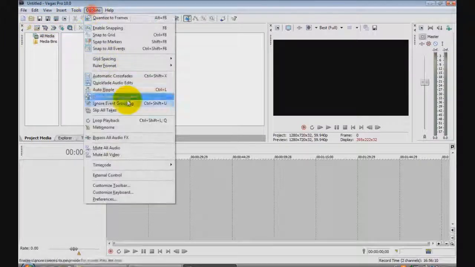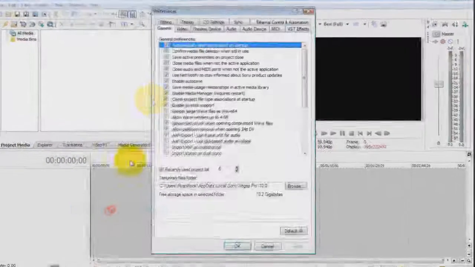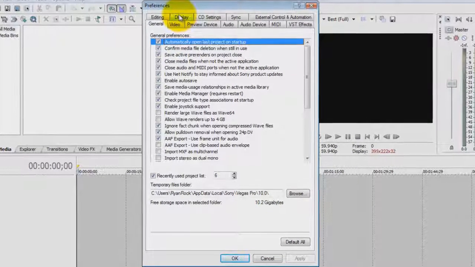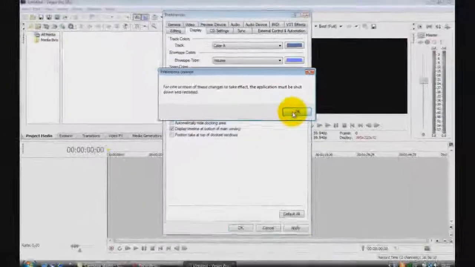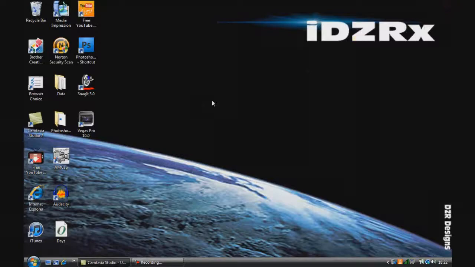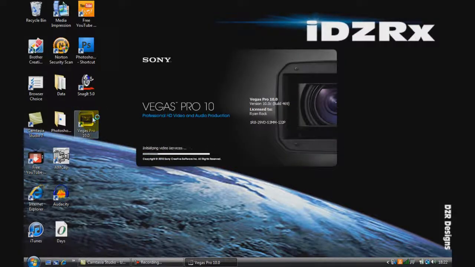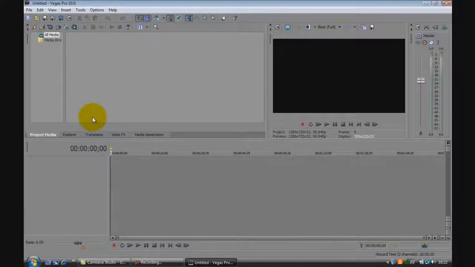So I'm going to go back to the color scheme by clicking options, preferences, display. Now this is how you get your color scheme stuff. I'm going to use the original Vegas default color scheme. So I'm going to apply it, and it's going to say I have to turn it off again. It's not really a problem shutting Vegas down because it loads up pretty quick. So once I've opened it again, you're going to want to check